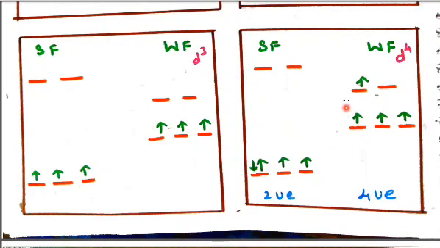And here the gap is very small. First, filling 1 electron in each vacant orbital of t2g, the 4th electron climbs up to the eg because the energy gap is very small. So the number of unpaired electrons, U.E. for unpaired electron: here 2, so 2 unpaired electrons. Here 4 unpaired electrons, so 4 U.E.